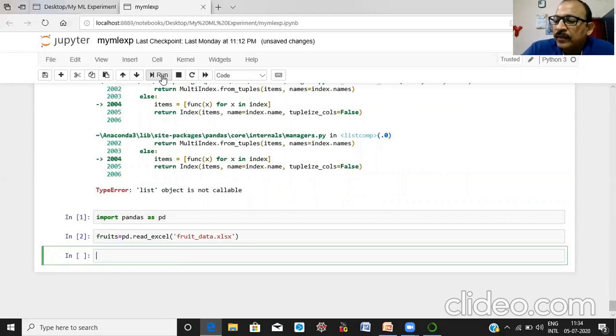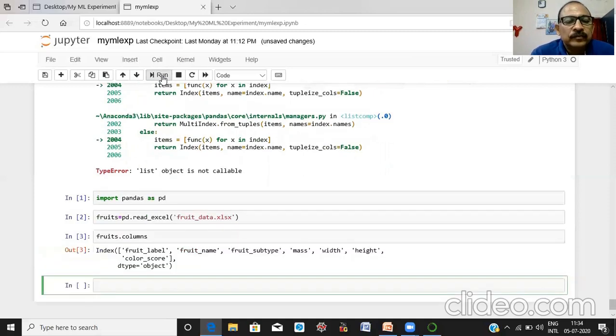Let us see how we will rename a specific column. Let us see what the labels of the columns are. Now suppose we want to change this label, fruit label, to label.